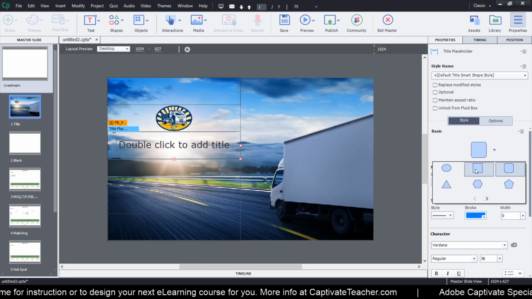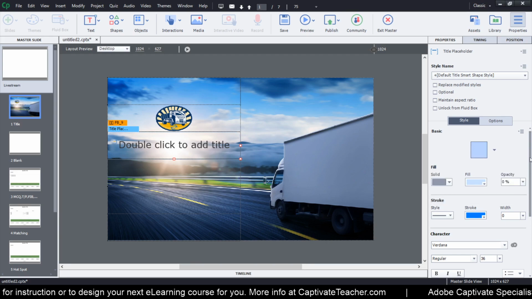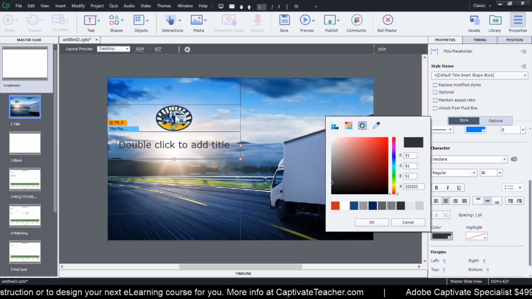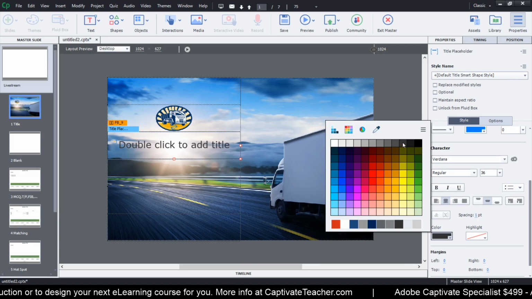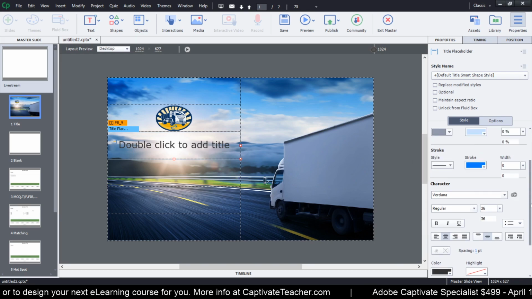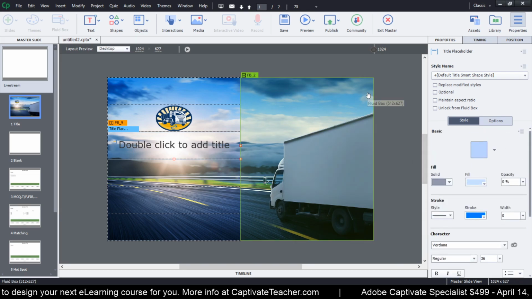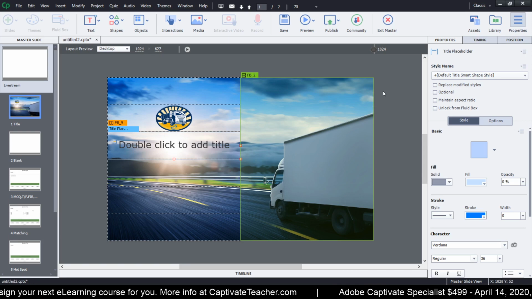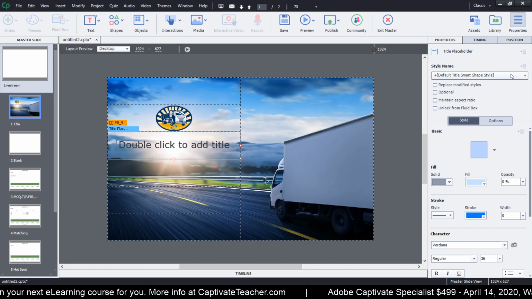You could change that to a square rectangle, which I would recommend here. And maybe they have a very specific color that they want to use for that font. And once I've made all of those changes to customize that to this particular company's look and feel, I'm going to save this as an object